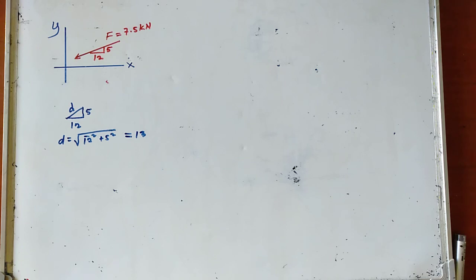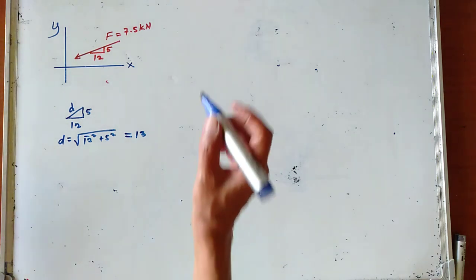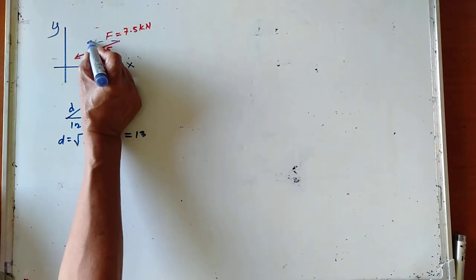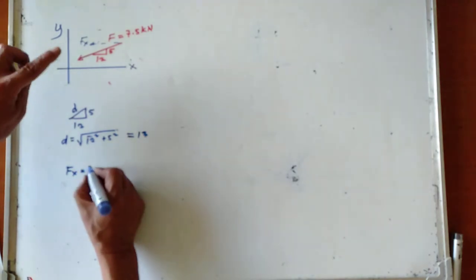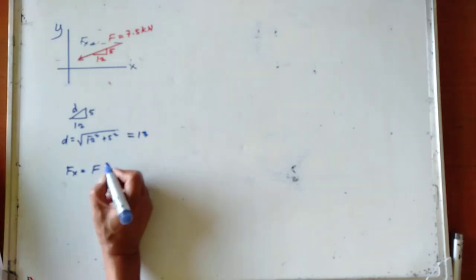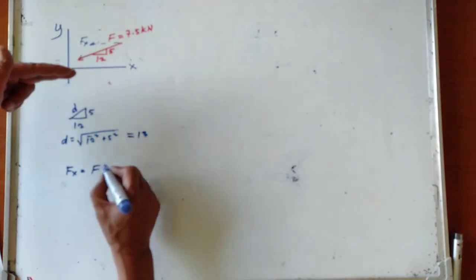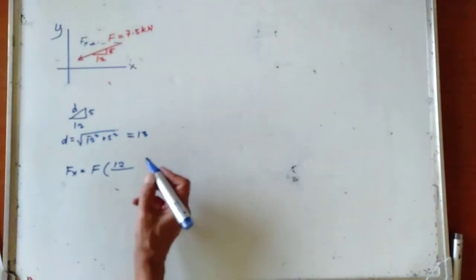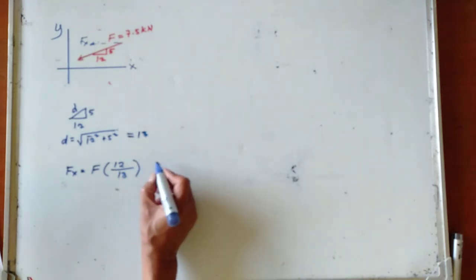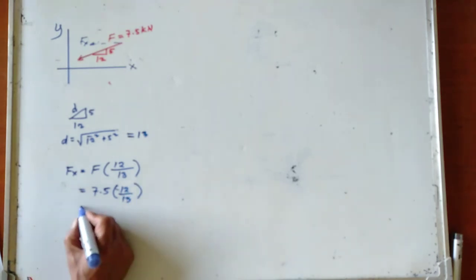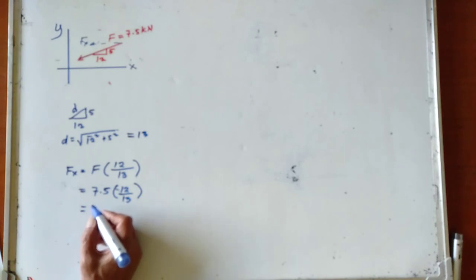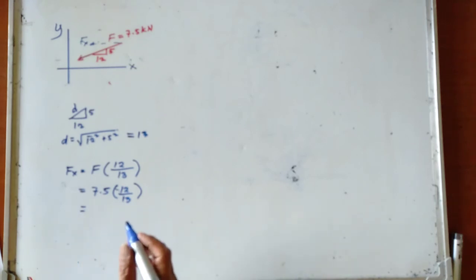Next, let us try to determine the x and y components of the force F equal to 7.5 kilonewton. So we have the x component. So that is now your Fx. So your Fx is now equal to the force multiplied by the horizontal slope all over the hypotenuse of the slope triangle, which is equal to 13. And this is therefore equal to 7.5 multiplied by 12 all over 13, and this is equal to 6.6923